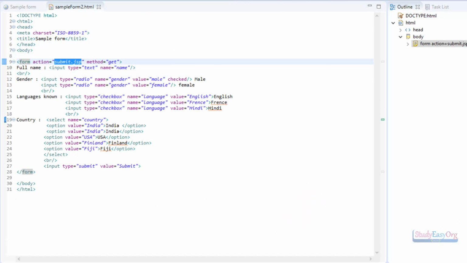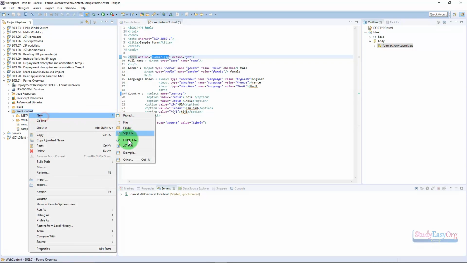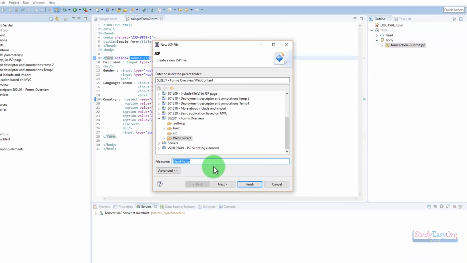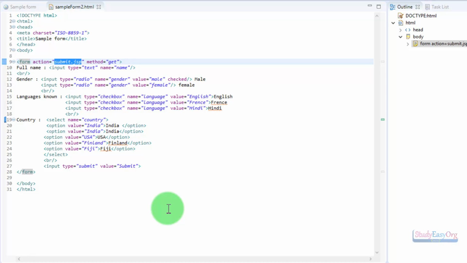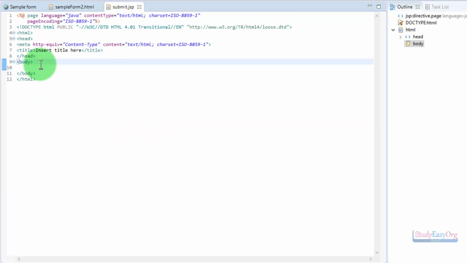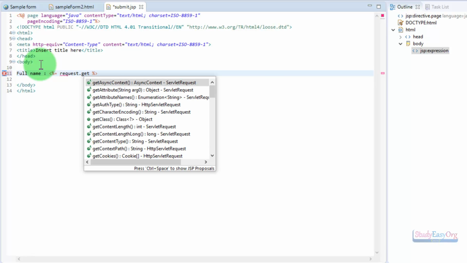Now let us code submit.jsp real quick, and for doing so we will create a submit.jsp file under web content folder. Here we go, and under this particular submit.jsp we will simply displaying the value. So we will type in full name colon, and we will obviously make use of JSP expression request dot get parameter,